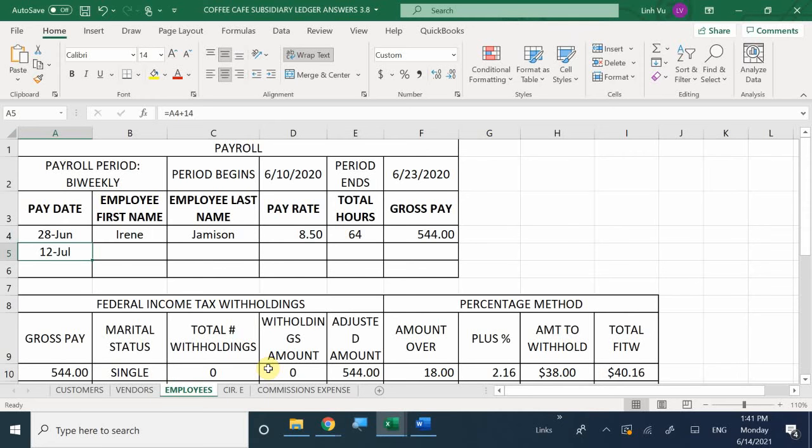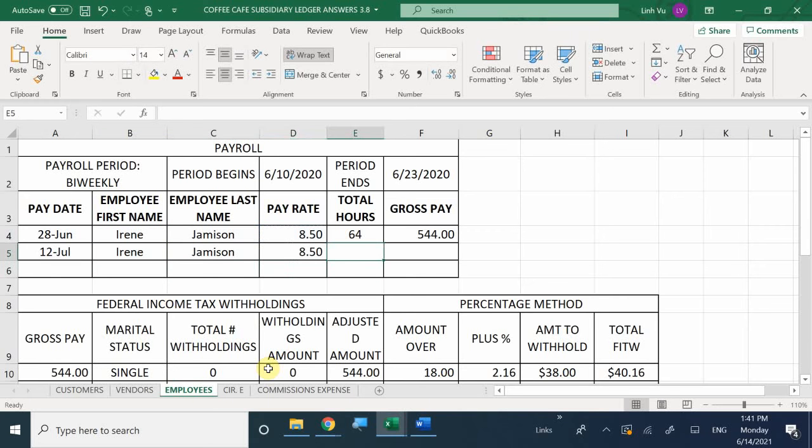They're going to get paid every 2 weeks, so she's going to be paid within 14 days. July 12th will be the day she gets paid. Irene Jameson getting paid